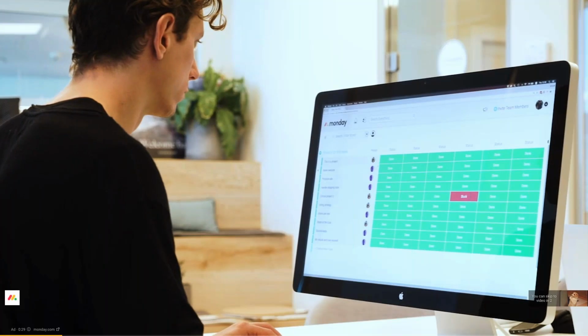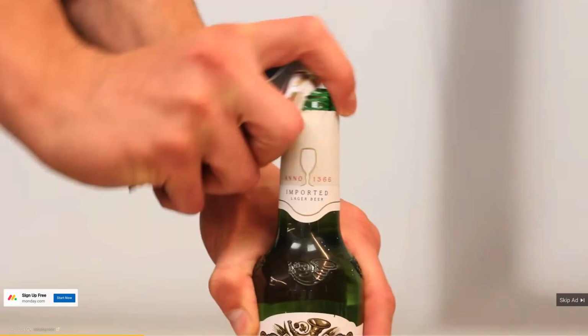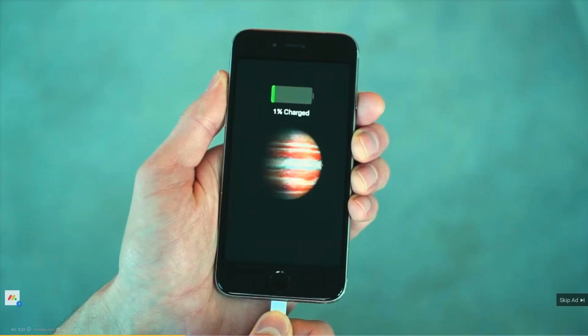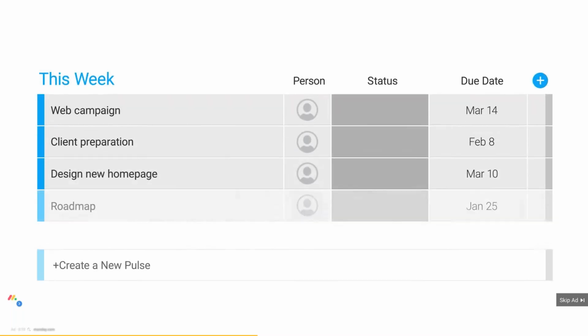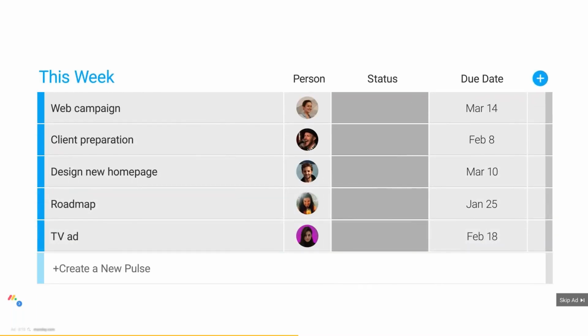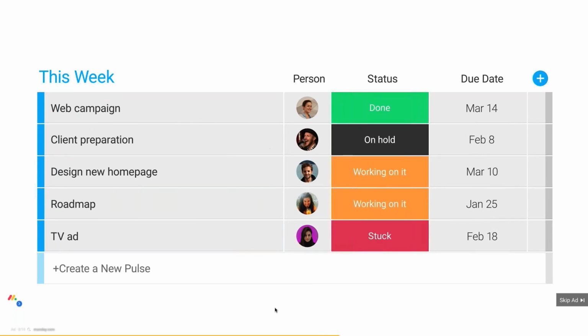This is what it looks like, and this is what it feels like. So the tool works like this. We call this a board. Just put everything you need to do here, then put who's in charge of it here, and see where everything stands here.